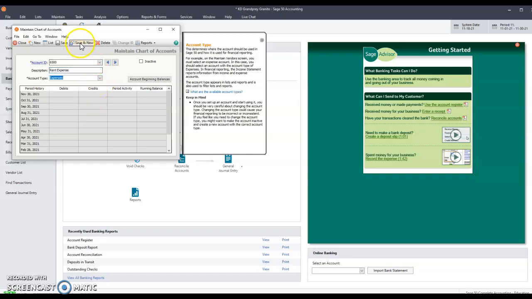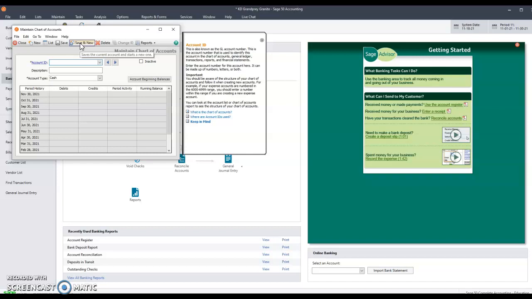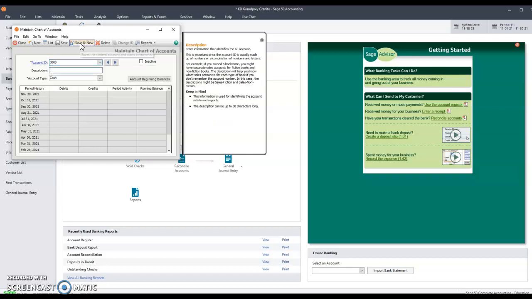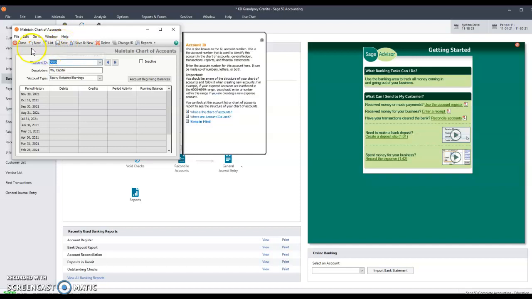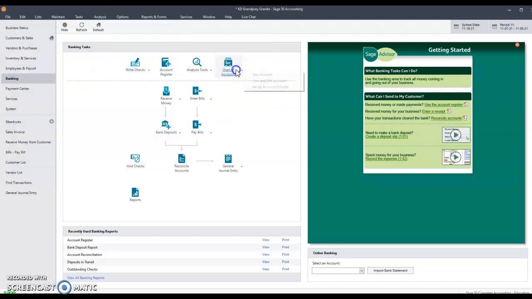Expense, save and new, and we have 3,000, and that would be, this is Milton Grand Prix is the name of the owner, so MG Capital, and this is where you have to have a retained earnings type. Equity dash retained earnings, and then we can say save, okay, and close, go back into it,